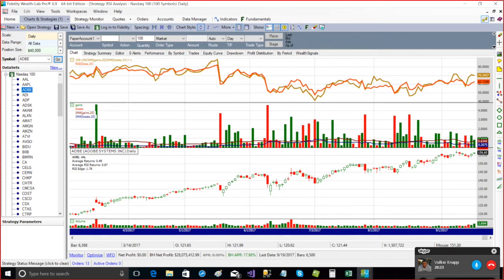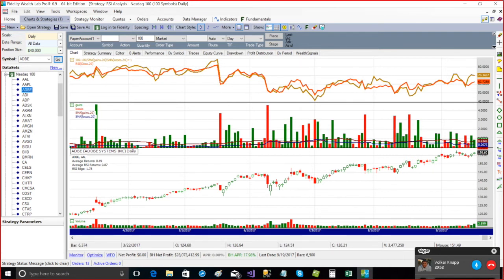So in this Adobe, for example, if I buy here, then after 1, 2, 3, 4, 5, my return might be 0.2, 0.3%. So what I've done is I've taken all of the 5-day returns in the history of this chart and averaged them together. So for Adobe, the average 5-day return is